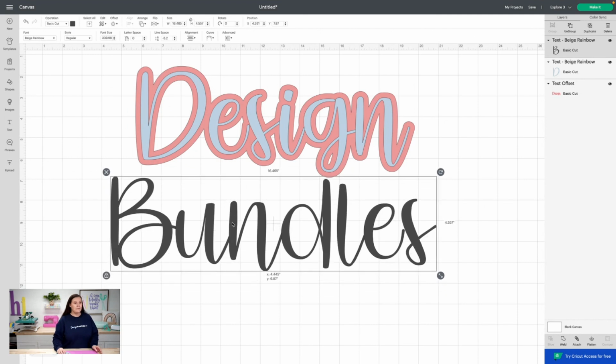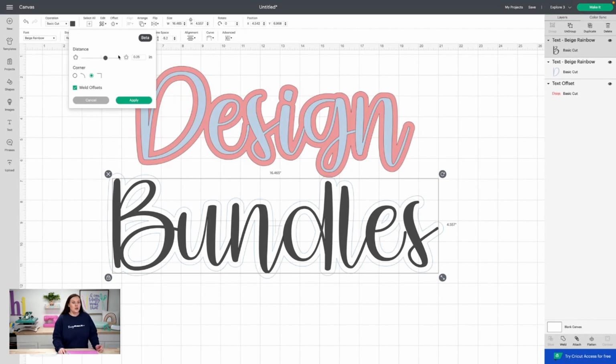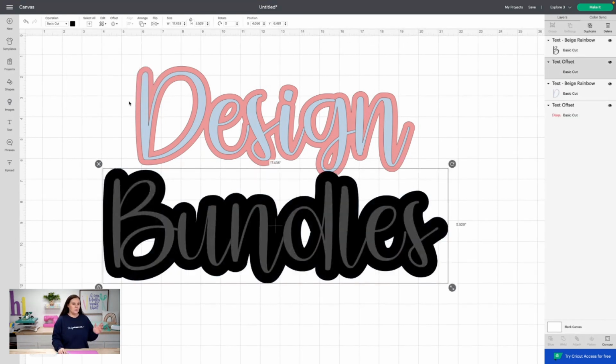And then same thing, if I want to go ahead and add an offset to this one, I could do the same thing. Now I want to show you while we're in the offset here, you can adjust your offset. So if you see how it's already there, it's showing us a demo here. If you take it to the left, it's going to give you a smaller line around it. Or if you take it to the right, you're going to really get a bigger area. Now let's say I wanted it nice and big and chunky like this. We're going to hit apply.